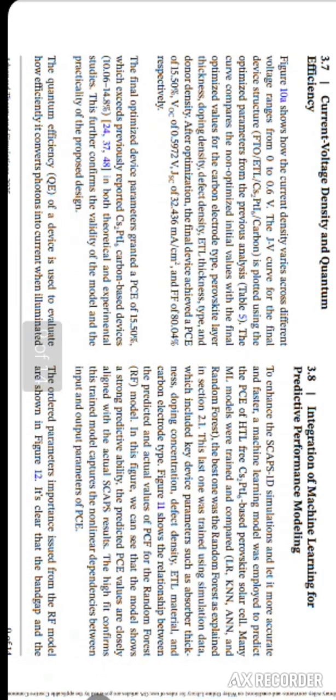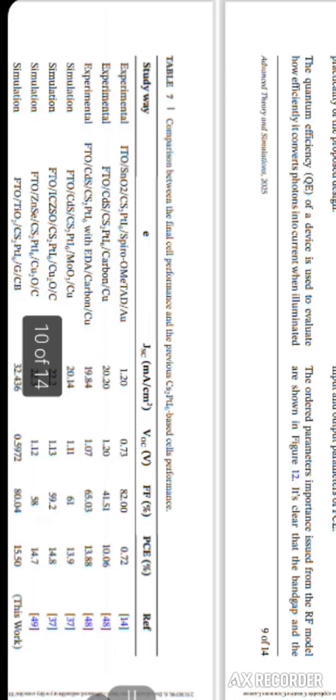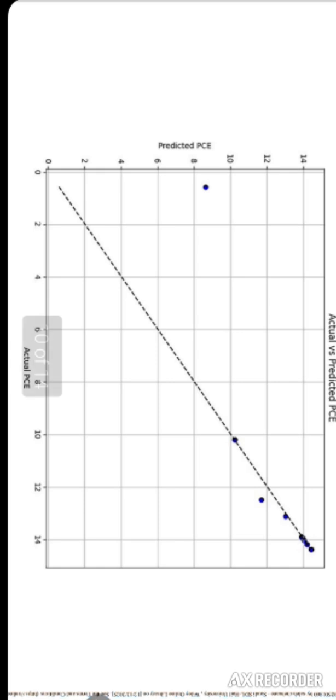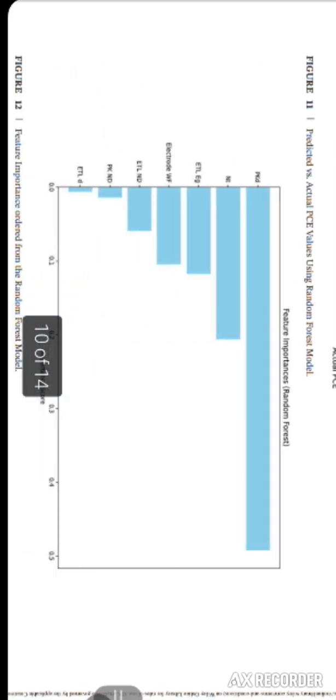They integrate this data into machine learning for predictive performance modeling, and they plot the parity figure for the efficiency with very good fitting between the predicted and actual power conversion efficiency, and they plotted the feature importance using this model, and found that perovskite thickness came first, in the first rank, as a factor affecting the solar cell efficiency,